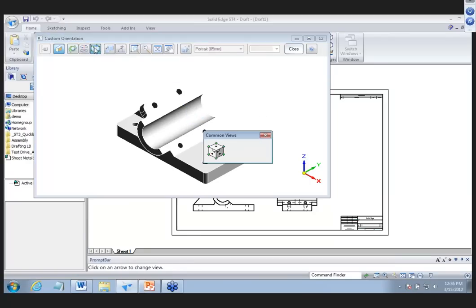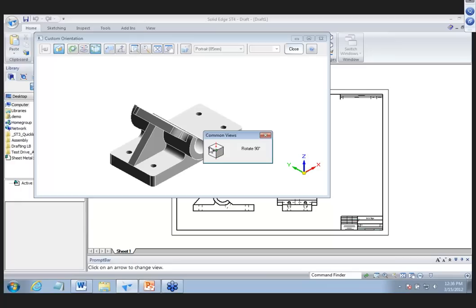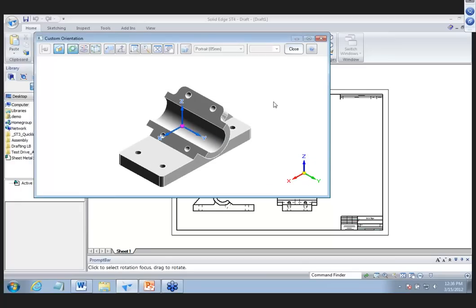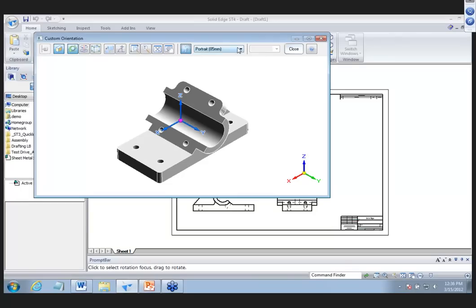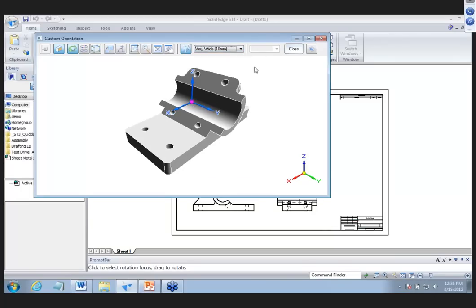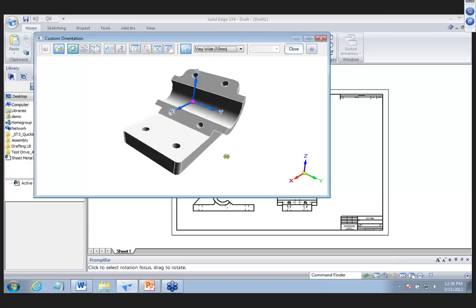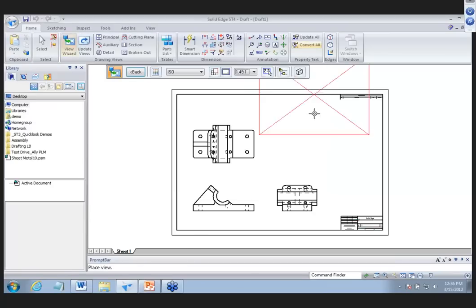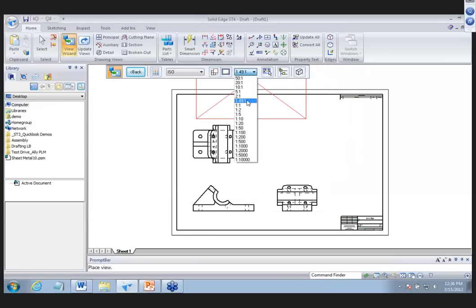We can also do common views here if we want to make this isometric in that direction. Then here we can add perspective to the part, so we can click perspective and choose which type of perspective we want. And holding down the scroll wheel on my mouse, I can rotate this around if I want to change how it looks as well. So I can close this then, and then I want to change this to a 1-to-1